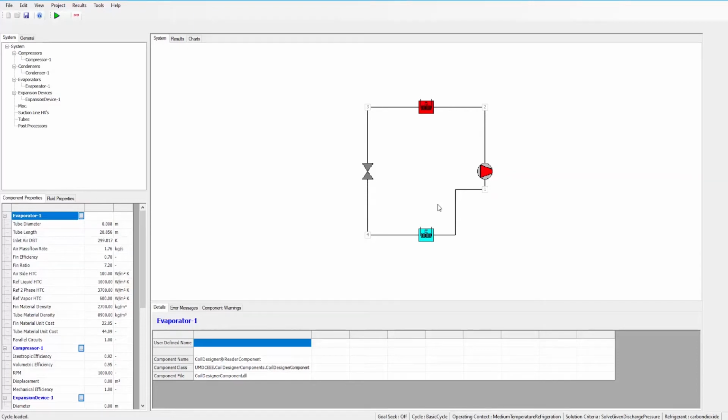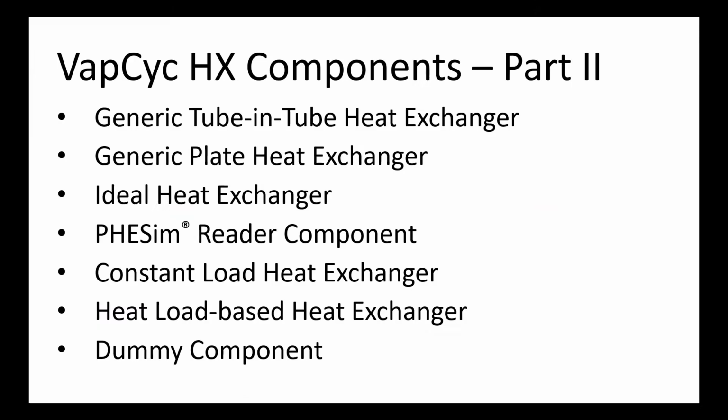This video continues to focus on some of the available heat exchanger models on VapCyc. These models are available as both evaporator and condenser components. The heat exchanger models this video focuses on are the generic tube-in-tube heat exchanger, the generic plate heat exchanger, the